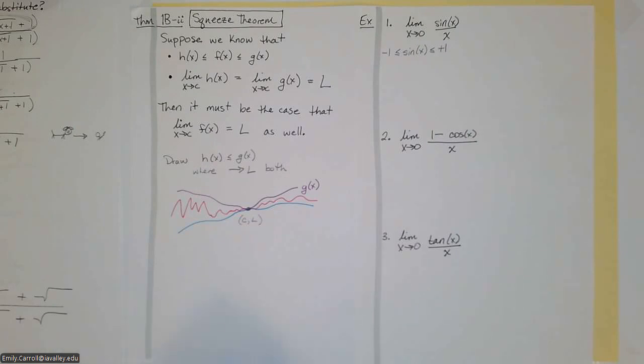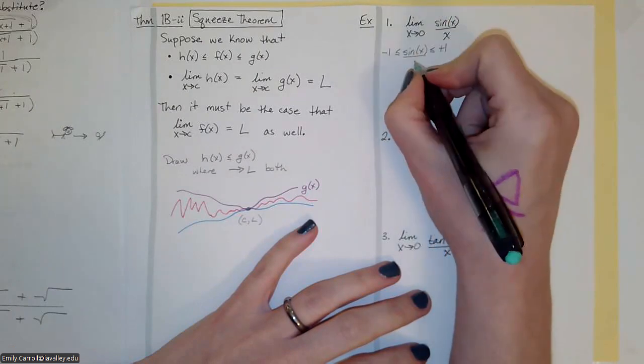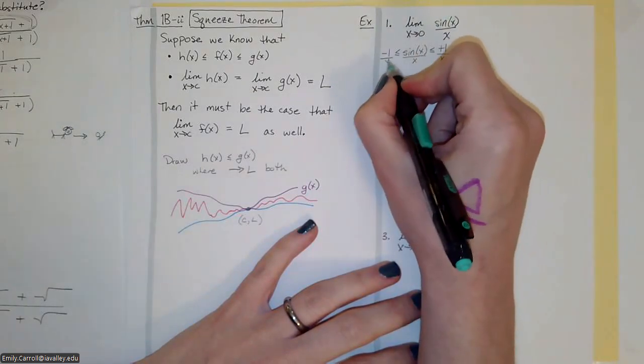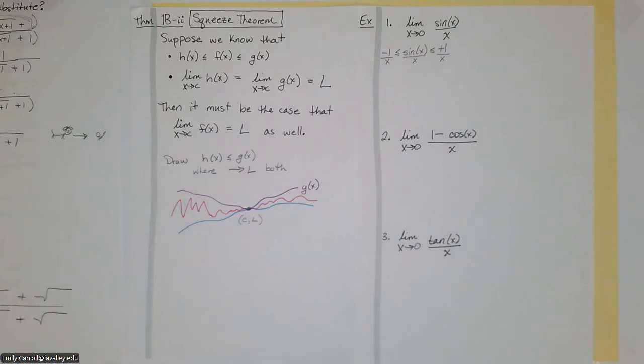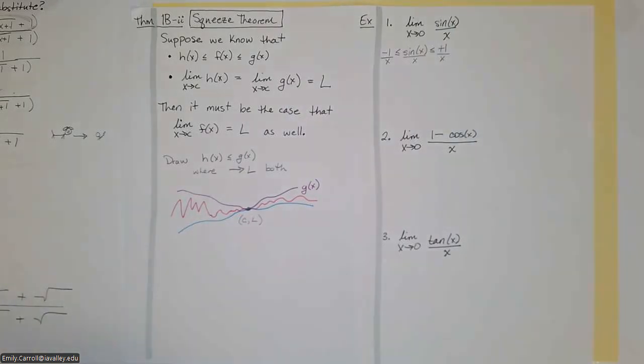Okay, so sine of x over x is always between negative 1 over x and positive 1 over x. So when x is near 0,